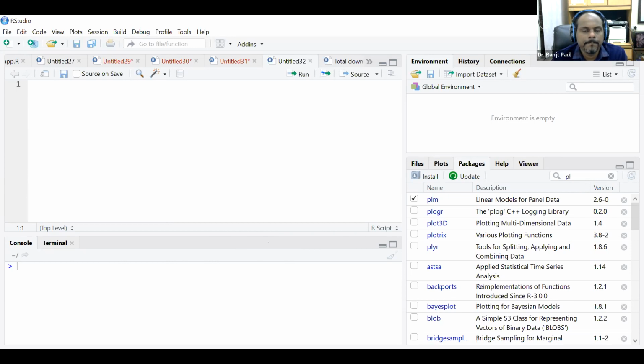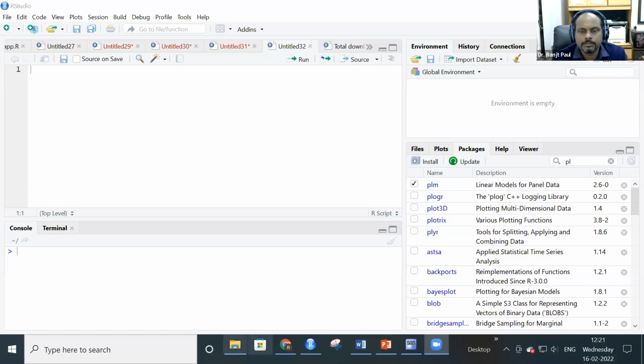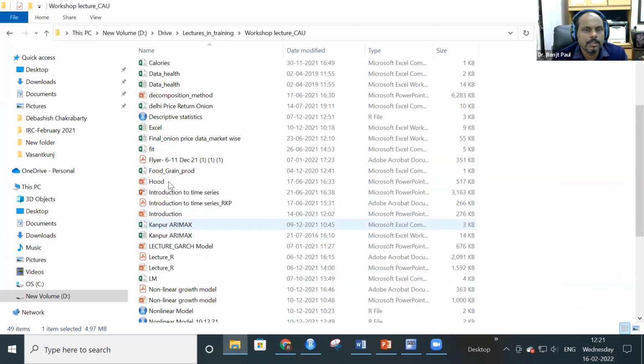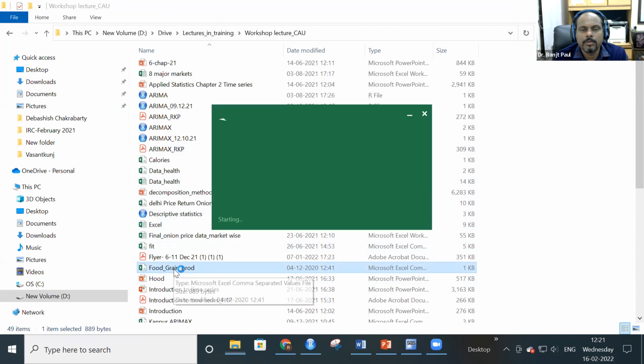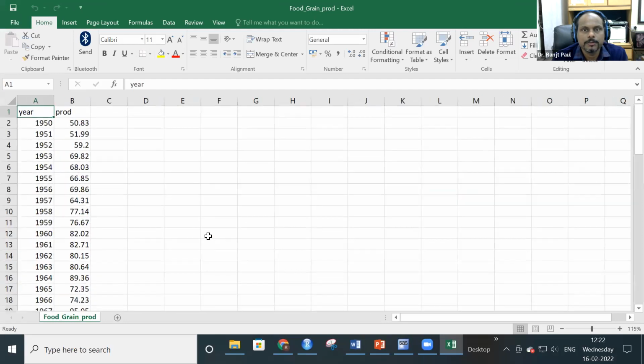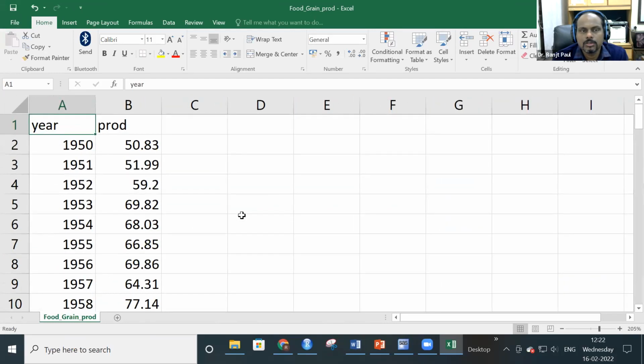use, yeah, sorry, just a minute. I'll again share the whole screen. So we have a data set, any of the time series data you can use. I have a data on food grain production data, or any time series data if you have, you can use that also. So this is the data. I hope it's visible. The data on food grain production, this is starting from 1950 onwards up to